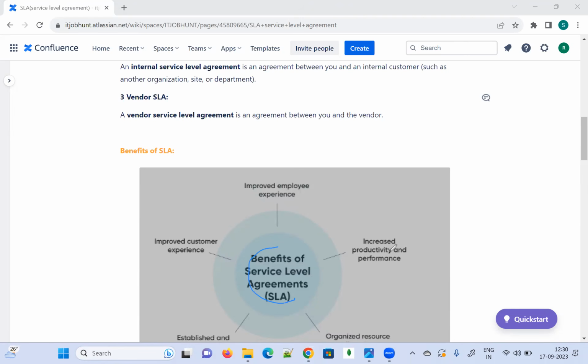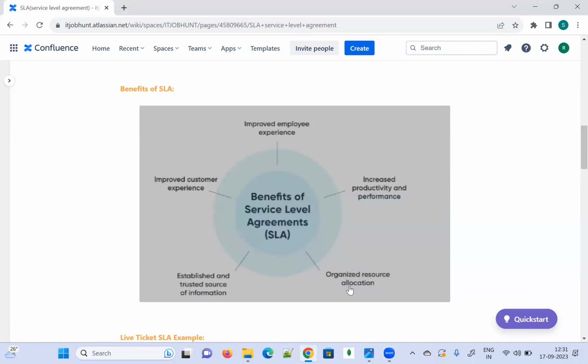It increases productivity and performance, and based on our requirement, we can increase or decrease the resources. I mean to say, we can organize the resource allocation.